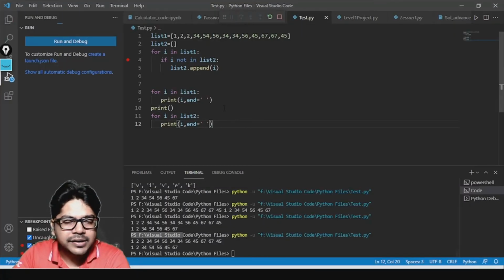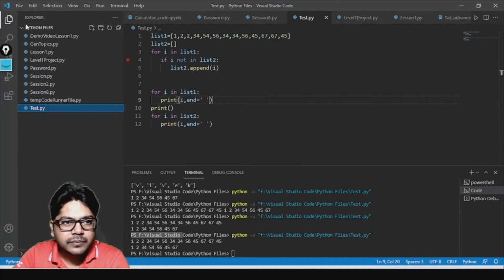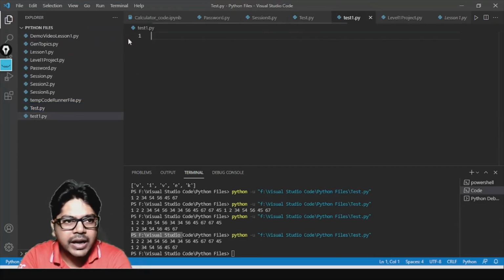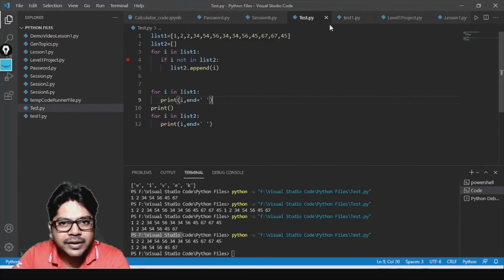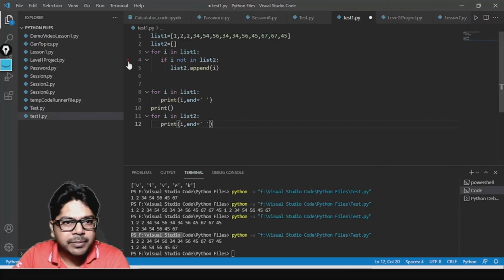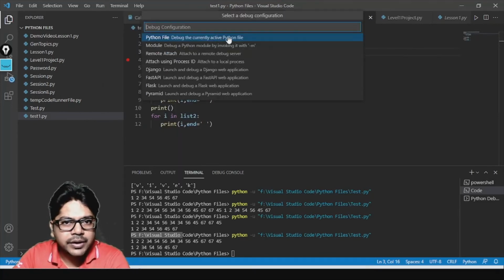This is such a simple and easy example, and it's still not debugging. I'm not sure why. So I'm going to create a new file, test1.py, and write this program there. That program I still left in debugging in case it works, or let me copy this program into a new file and try debugging it. Hopefully it should work here.